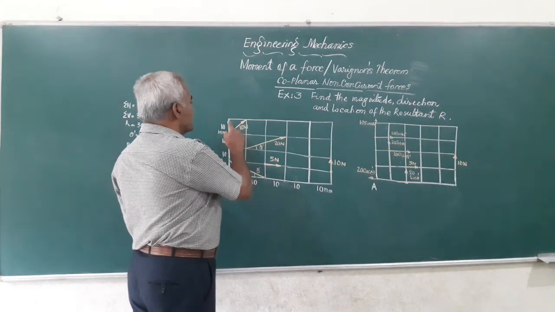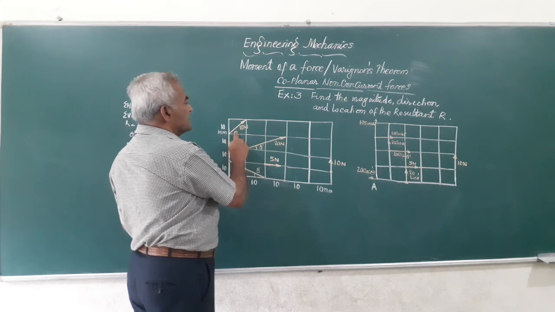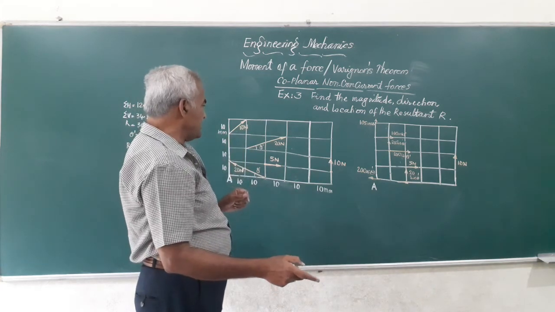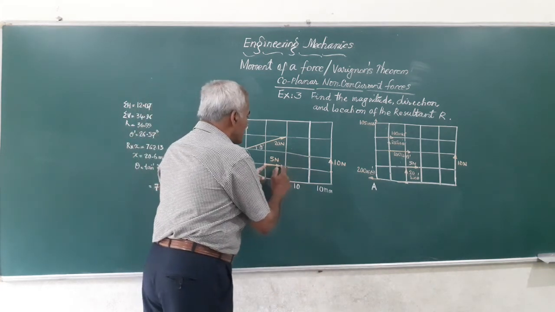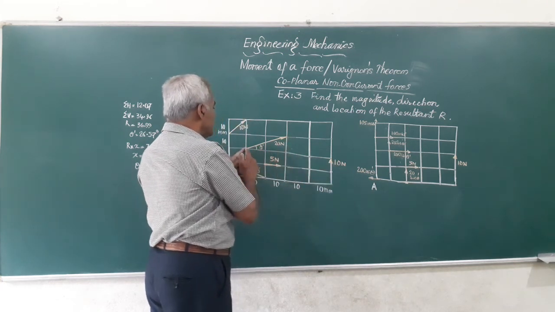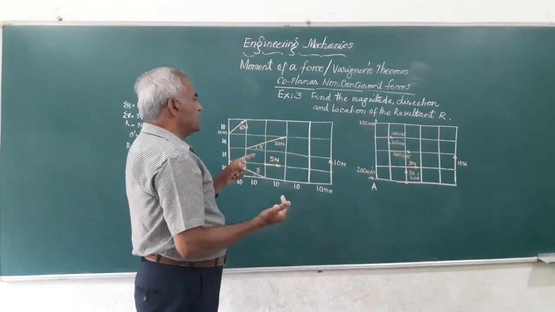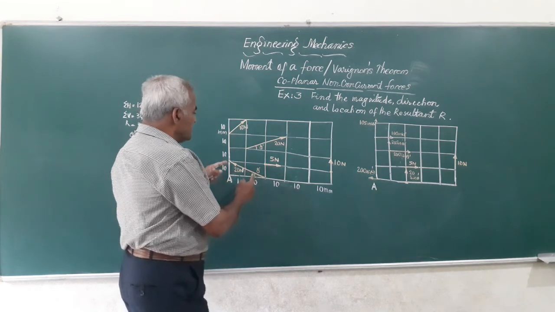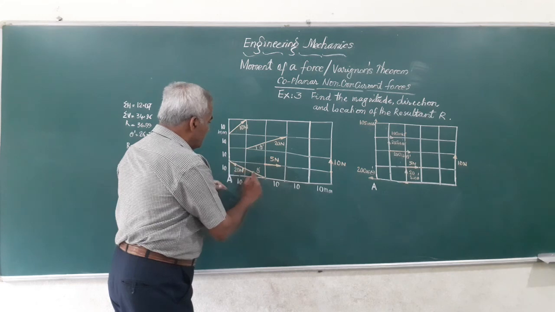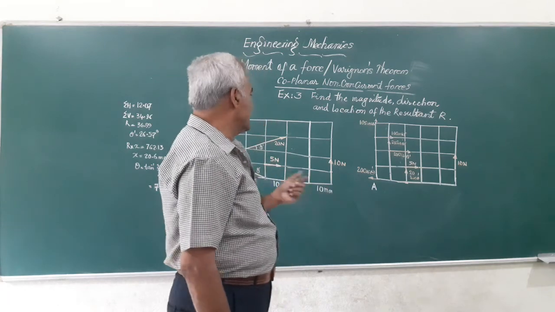And friends, you can see this 10 Newton force is acting at an angle of 45 degrees here, because in a square the diagonal is at an angle of 45 degrees, and there is a horizontal load of 5 Newton at this point, and a vertical load. A 20 Newton load is acting at the second division at an angle of theta dash. I will be able to find out the theta dash. And then friends, another 20 Newton is acting at the second grid at an angle of theta dash. So we will be able to find out what is theta dash.